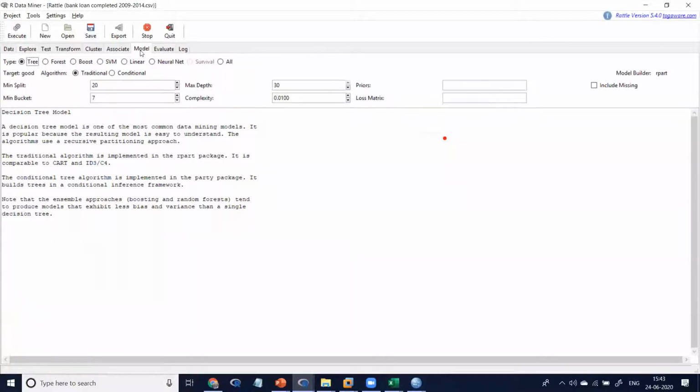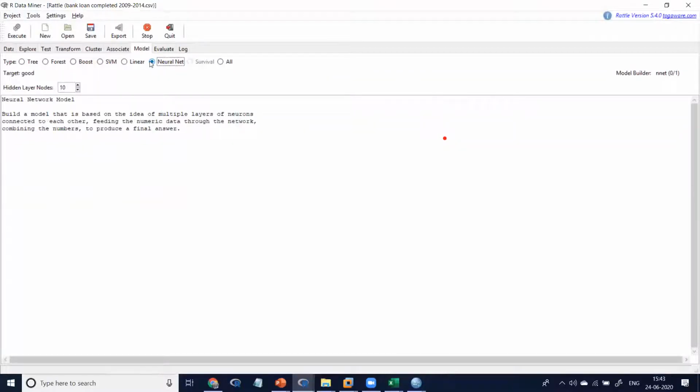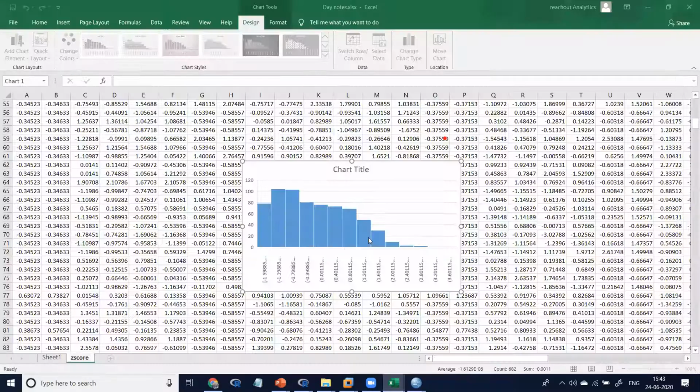Yes, this is my task. I want to predict this data. I want to apply the neural network. If it's a neural network with a number of hidden layers, I should not apply the direct data. Which is the suitable data? This is the suitable data. Transformed data is suitable. Then only you will get the appropriate result.